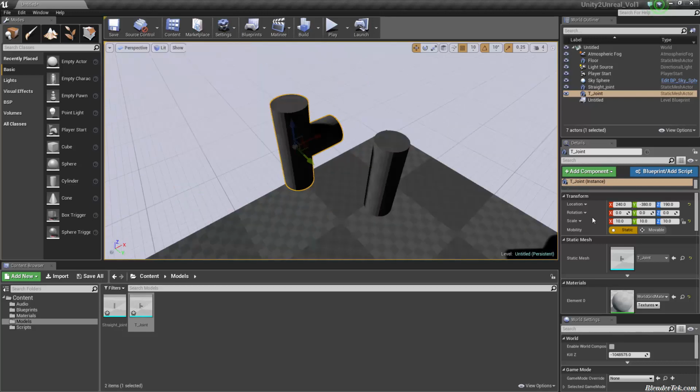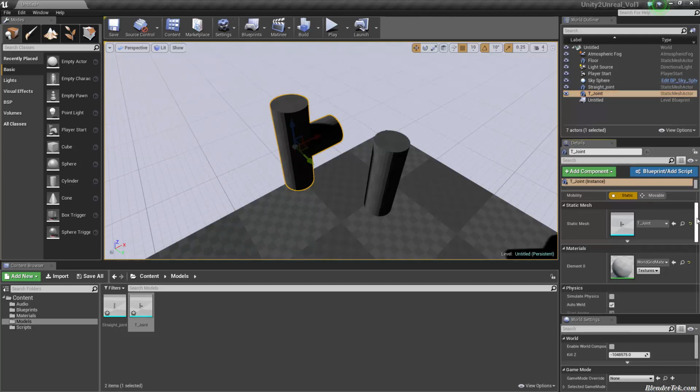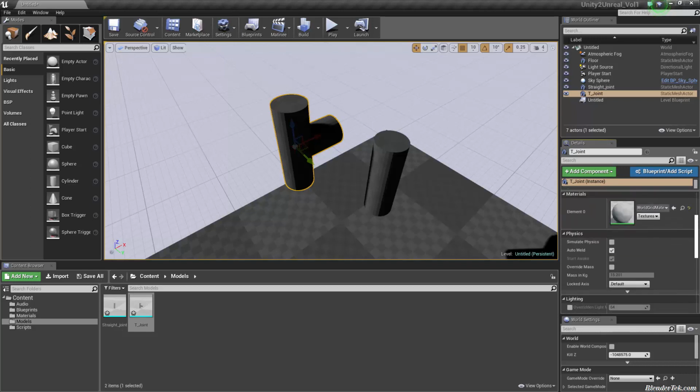So let's see, how would we do that? Well, with our T-joint selected right here, it's got the name T-joint just like it would in Unity. We have our static mesh, just like we would in Unity. We have materials, and we can add multiple ones. So okay, I have world grid material, and I can choose different textures.